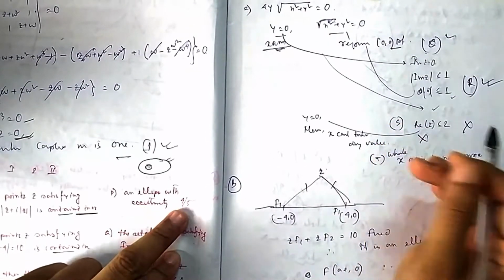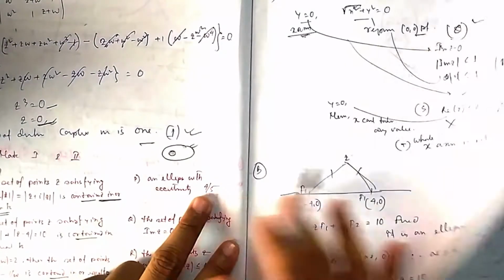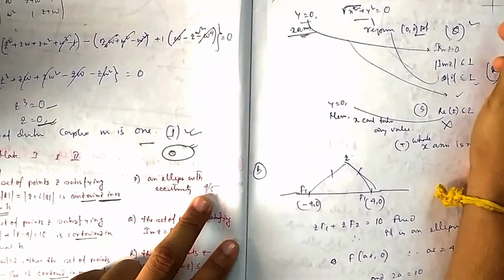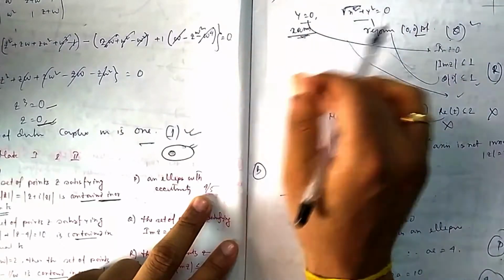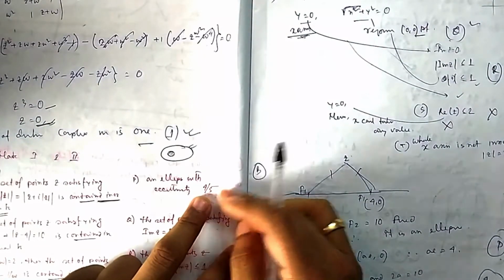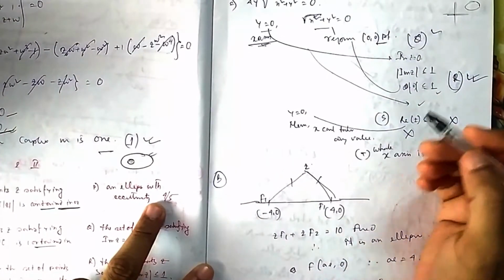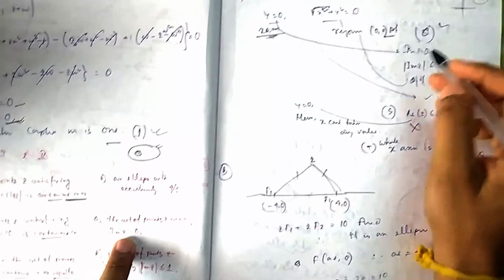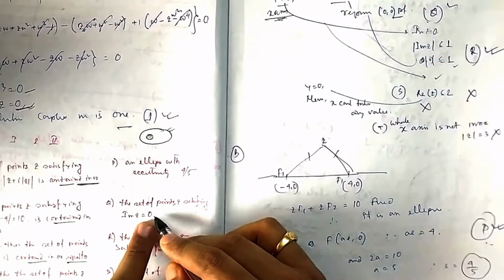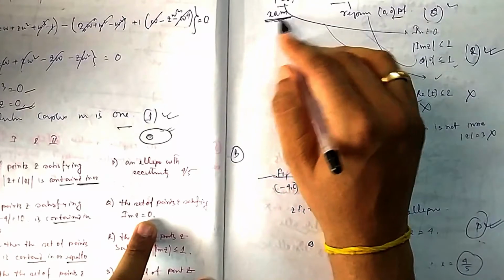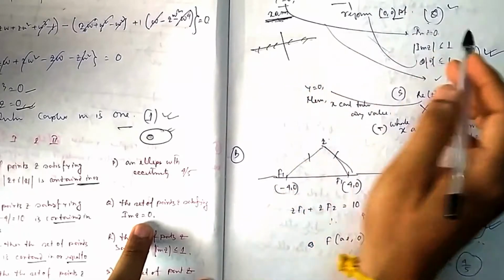This is an ellipse with eccentricity 4/5. You don't know the shape of the ellipse. The ellipse can be outside, this side also. So you are not sure that the entire x-axis will come into it with this eccentricity. The ellipse can contain the origin 0, 0 also, or cannot, because you are not sure. So the set of points satisfying this one is the entire x-axis, because x-axis and 0, 0 means the entire line. So your Q represents that line. So Q will be the answer.